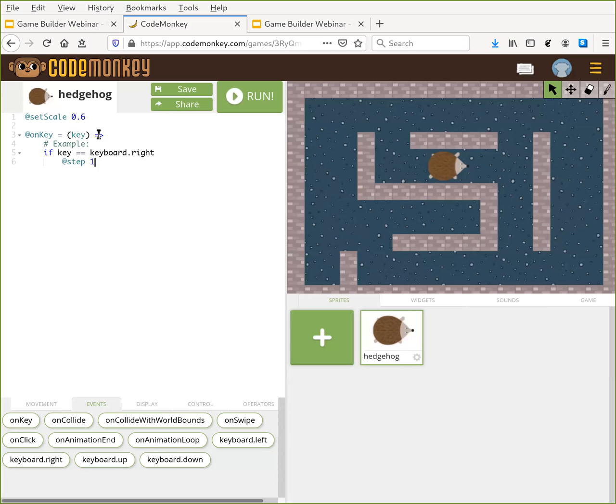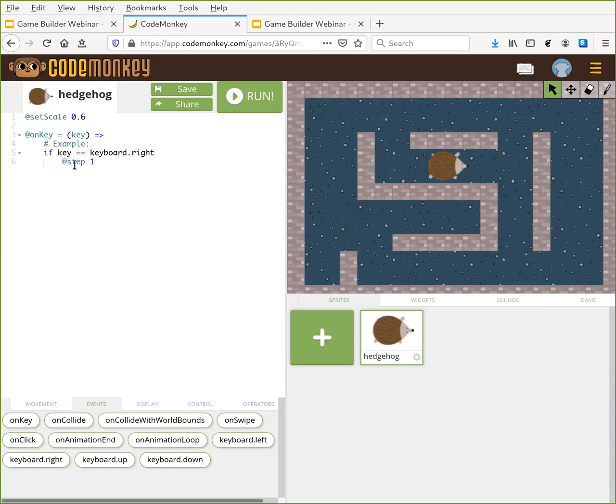It's going to call this function, and there's a variable here that says this function takes an input. That input represents the keyboard key that was pressed. And they give us an example here of how you can use that to make a decision inside the function. The if statement. If the keyboard key that was pressed is equal to, and you have to use a double equals for this, the right arrow key.